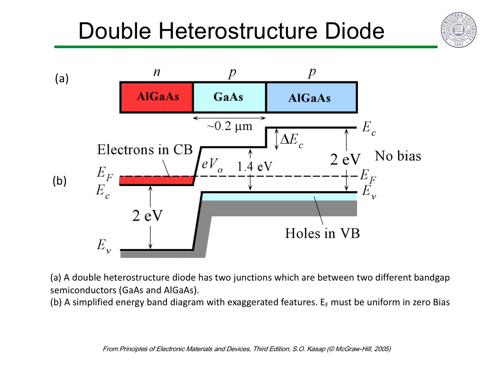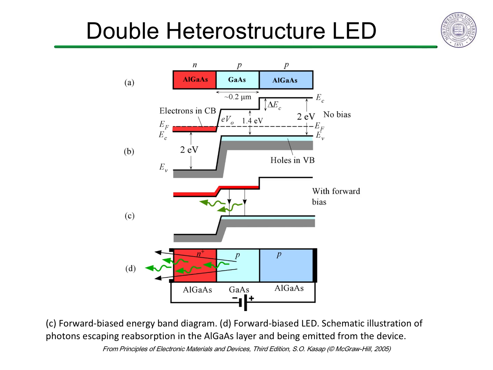Here we actually want the electrons from the n-type side to quickly move to the NP junction and recombine in the active layer. Under forward bias, the driving voltage pushes the electrons from the n-type side into the active region, where they recombine and produce the light. When the electrons and holes are driven together to recombine in the gallium arsenide layer, they produce 1.4 eV light that is not absorbed by the 2.0 eV aluminum gallium arsenide, and so can escape the device with little absorption